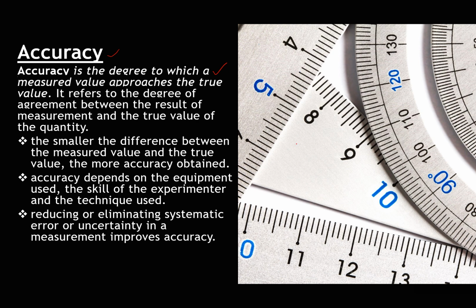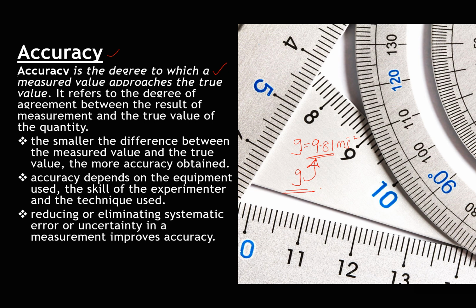Think of a situation when you take several values of measuring acceleration due to gravity, and you know that the accepted value of acceleration due to gravity is 9.81 meters per second squared. So if you take several values of g and their average is very close to 9.81,